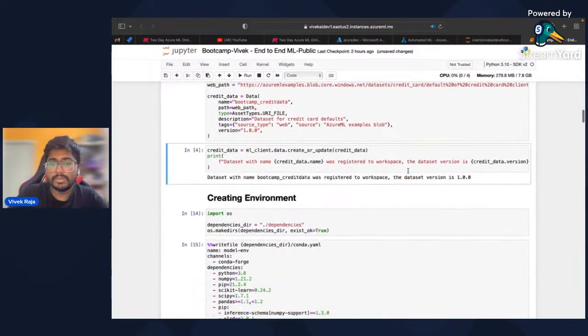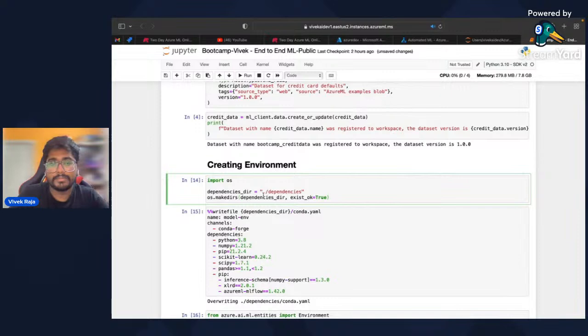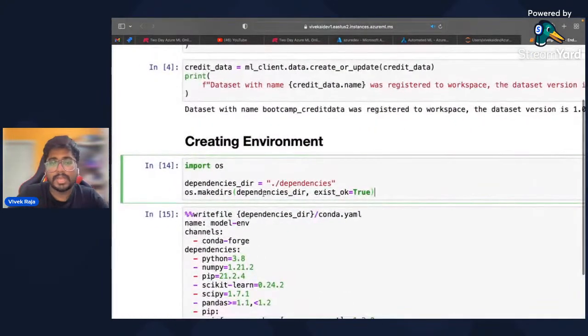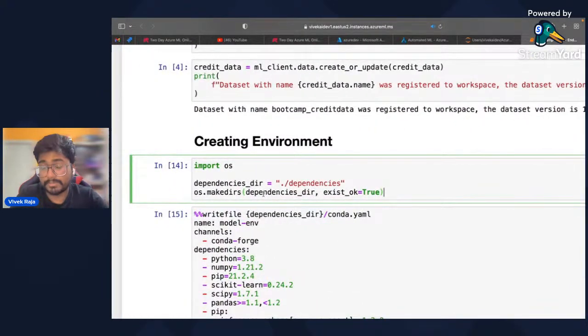So now the next job is to create an environment. What is an environment? For example, if you run a Python program locally, you need to install some dependencies, some libraries around it, correct? So this model is going to run in some container somewhere, in some virtual machine. You really don't know where it's going to run. Azure manages it for you. But to run that model on that platform, you need to supply the environment, the dependent libraries, that make sure the model runs on it.